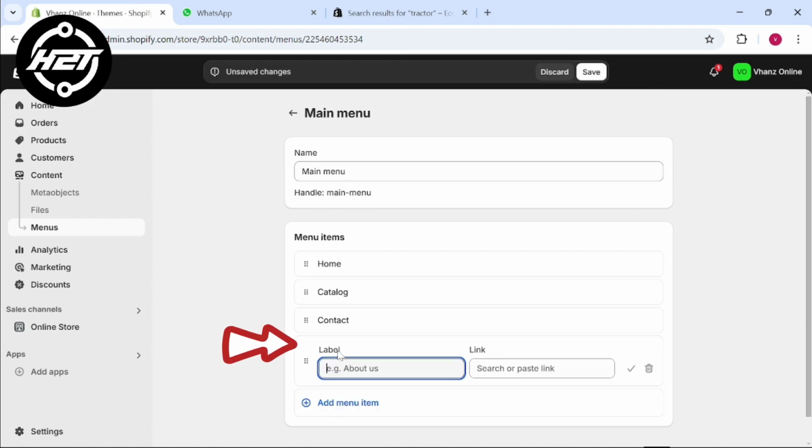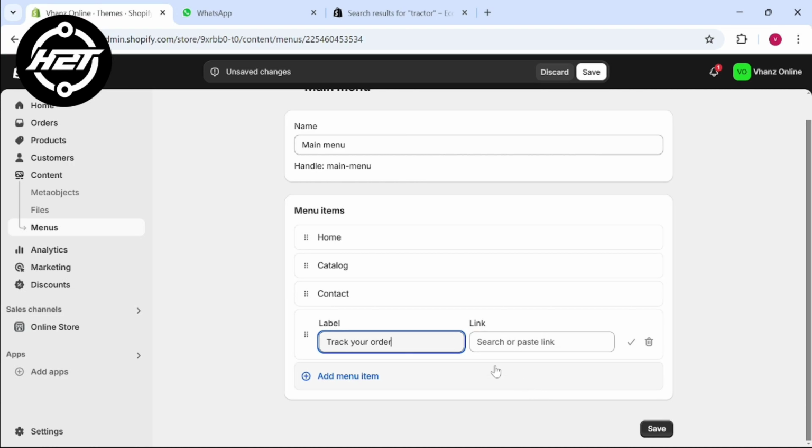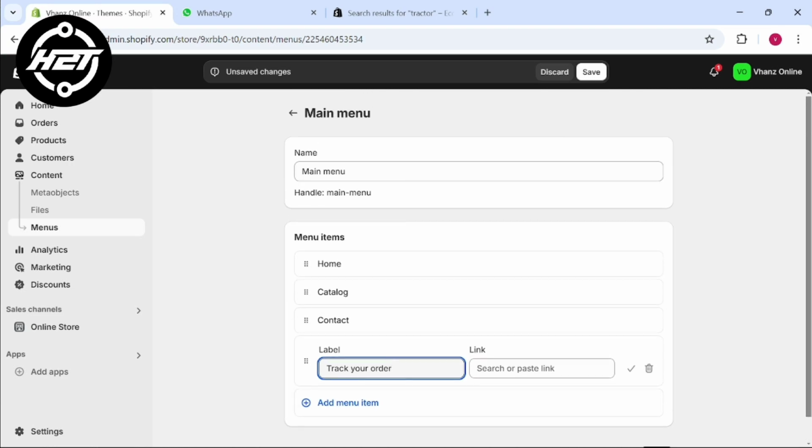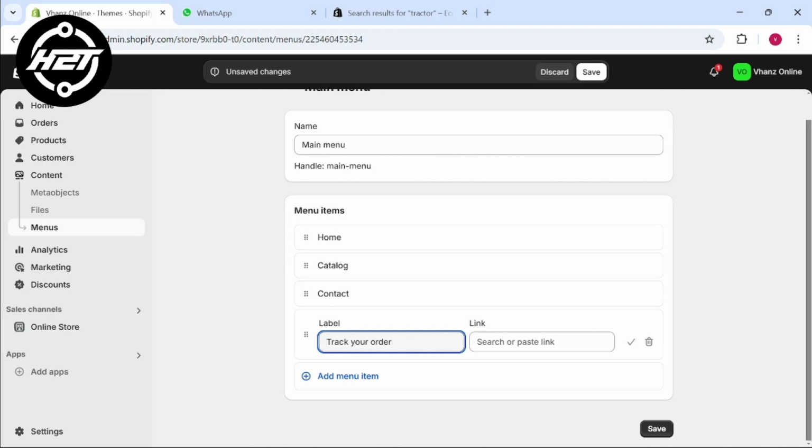Click add menu item and name the link, for example, track your order. Then select the pages option. Then choose the track your order page you created. After that, click add and save menu.